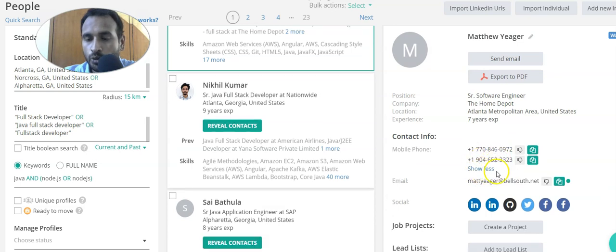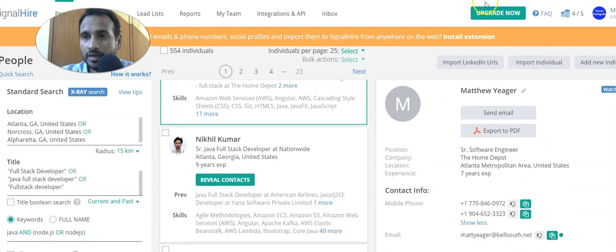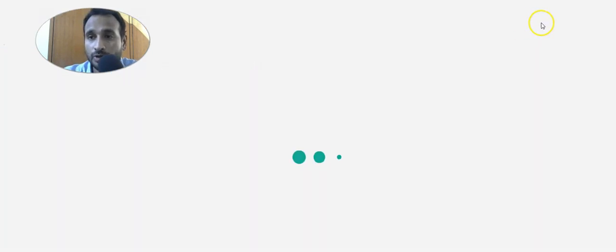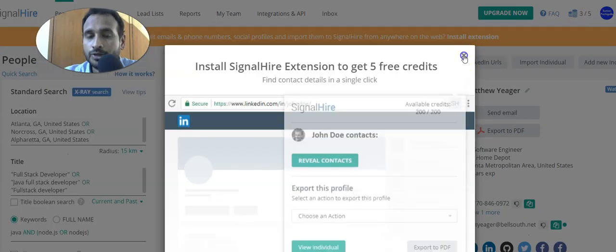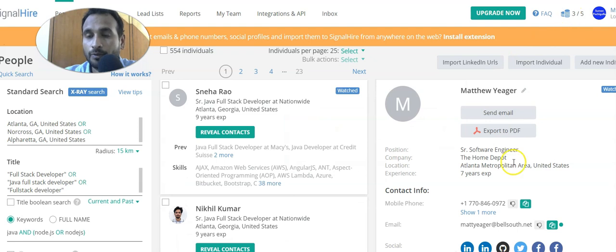There are 2 phone numbers I can use, and I can call this person directly. It was 4 credits, right? Now let's see whether it has changed. Let me refresh it a little bit. Yeah, no need to refresh it. By default it went to 3. So I lost 2 already. I have only 3 to use for this month.